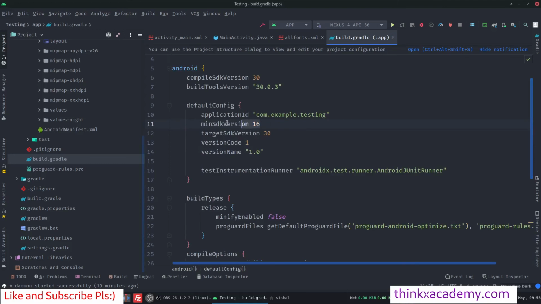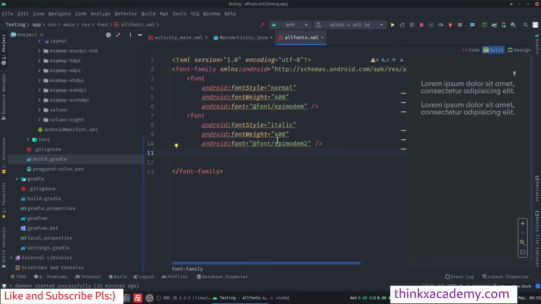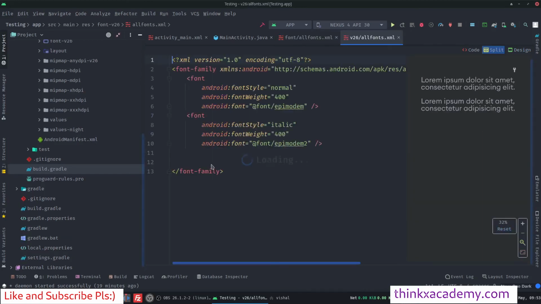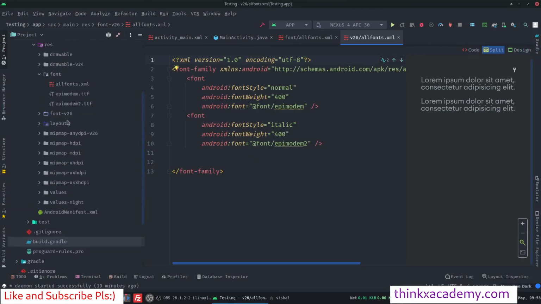You can change it, or you can leave this unchanged. What you can do is here you can just override resource in font v26. If you click here, it will automatically create a new directory which is font-v26. So now what will happen is, if the Android user is using Android 8 and above, then this directory will be used, right?